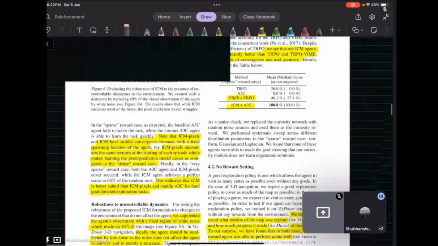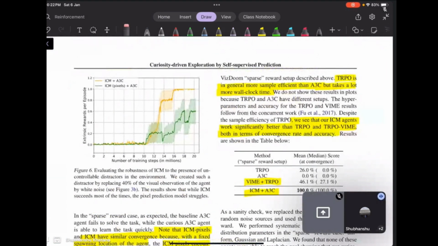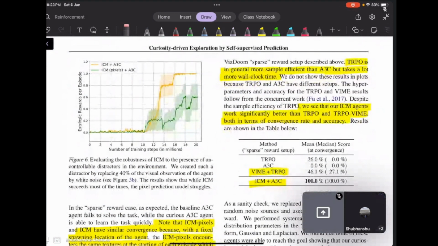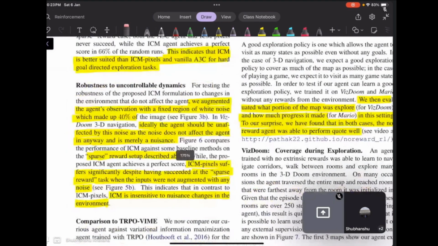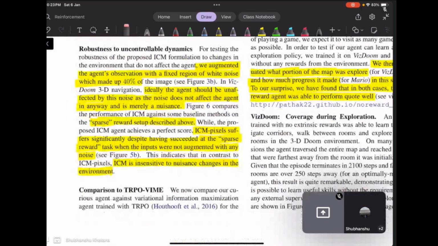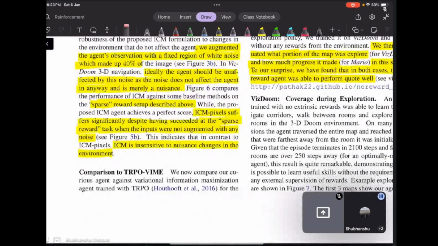Now, figure 6 shows how the learning process works. There is a very large variance between the ICM pixel and the ICM vanilla learning curves. This is because, as in the sparse reward setting described above, the proposed ICM agent achieves a perfect score, but the ICM pixel suffers significantly, despite having succeeded at the sparse reward when the inputs were not augmented with any noise. So this indicates that, in contrast to the ICM pixel, ICM is insensitive to nuisance changes in